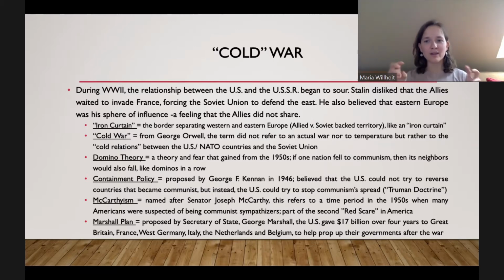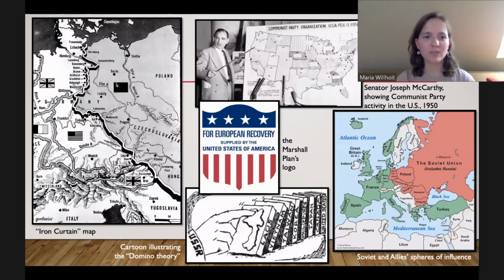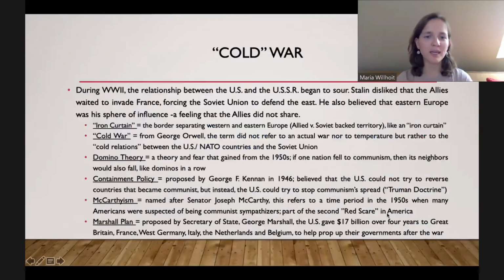And it was like an iron curtain. It was a curtain, like you couldn't see past one another's borders. And it was iron because it was kind of in reference to the Soviet Union and Stalin. He supposedly called himself a man of steel. So that's kind of a nice term to express the border here of the Iron Curtain between East and Western Europe, basically.